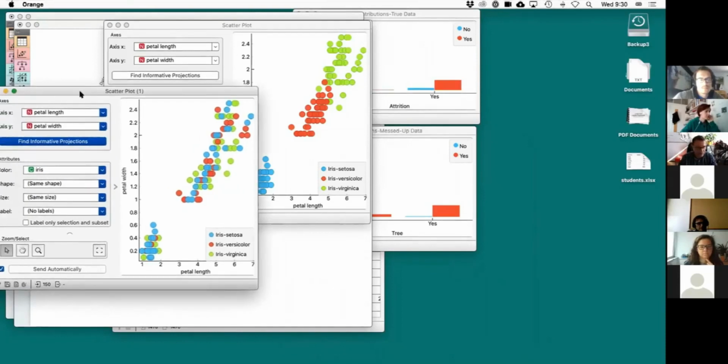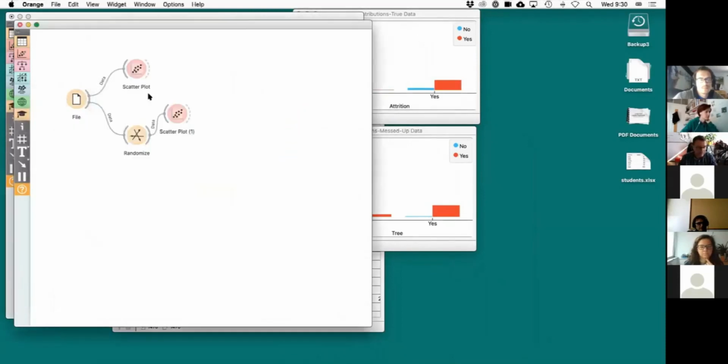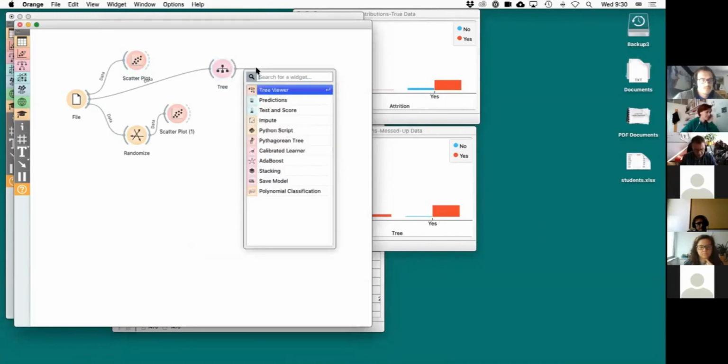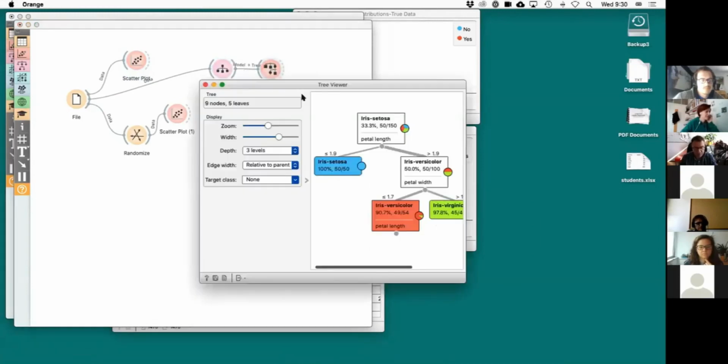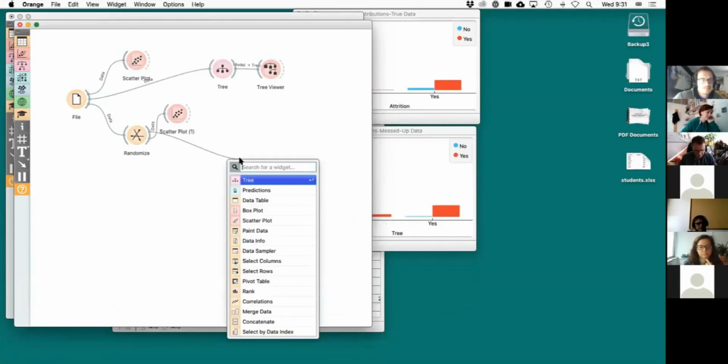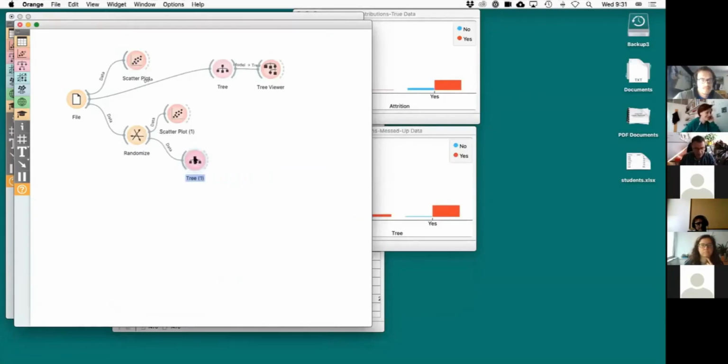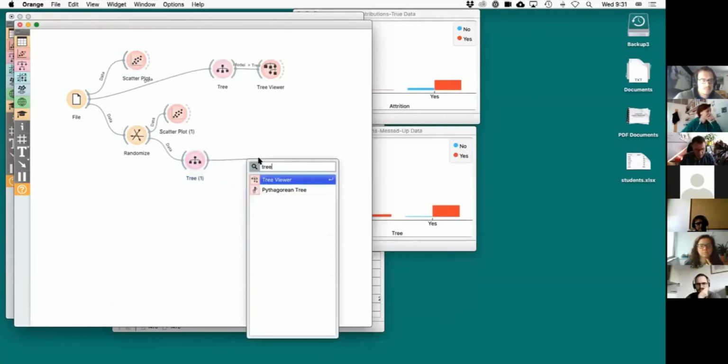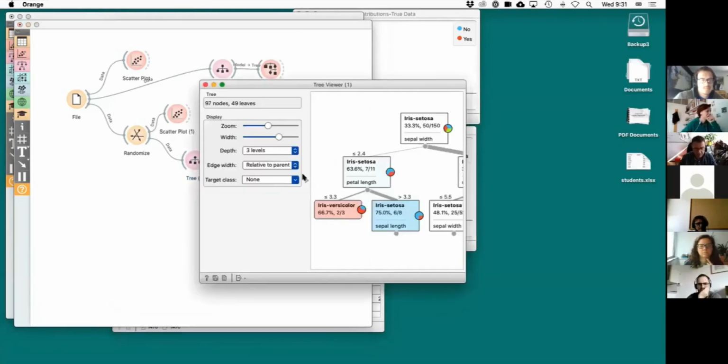So if I do the tree here, maybe that's an even better example. If I do the tree on the original data set, the tree looks kind of simple. We've been there yesterday, in Tree Viewer. The tree is very simple. This is the tree that we said we can write down and then go to the flower shop, and it's going to be okay. But after I randomize the stuff, the tree is no longer simple, but the tree looks like this.